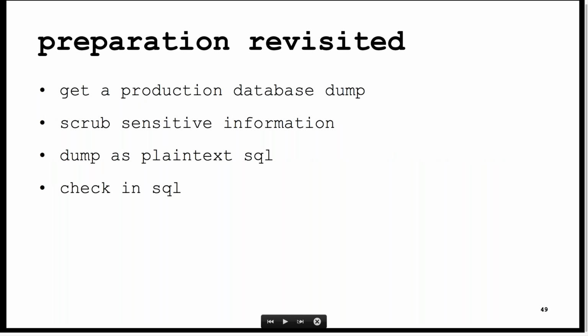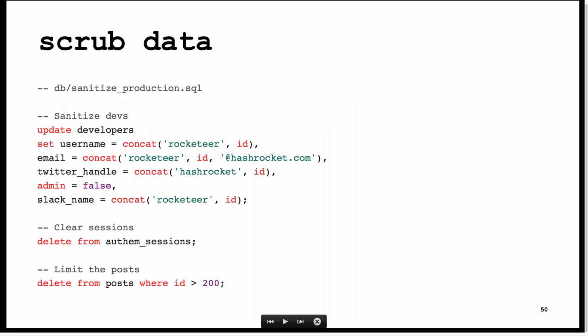So looking at our preparation once again, first we need to get a production database dump. Then we need to scrub it of sensitive information. We dump that data as plain text SQL, and then we check in the SQL. This is my scrub script. For those who might be interested, it's called